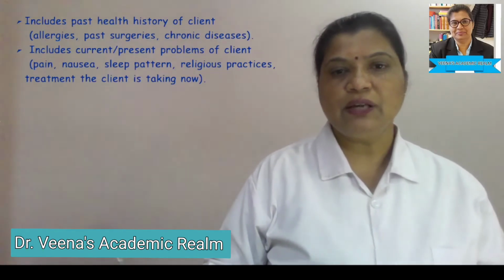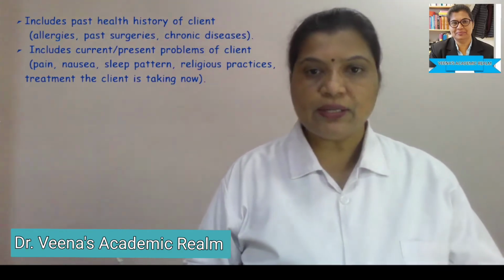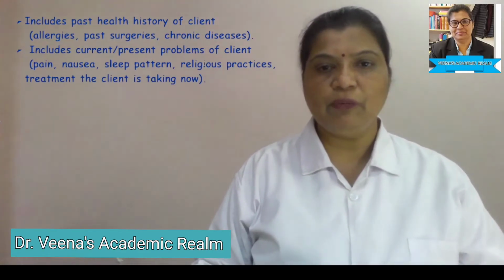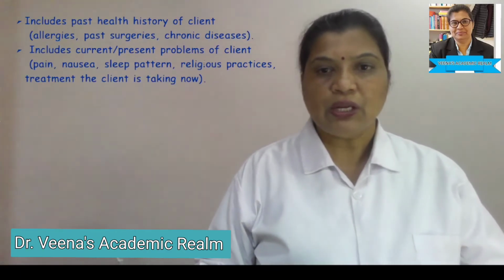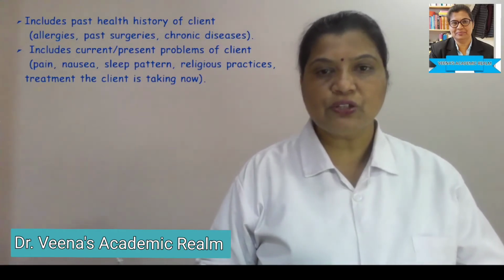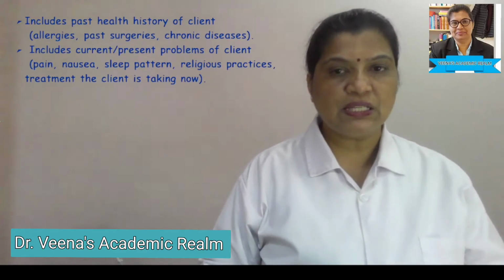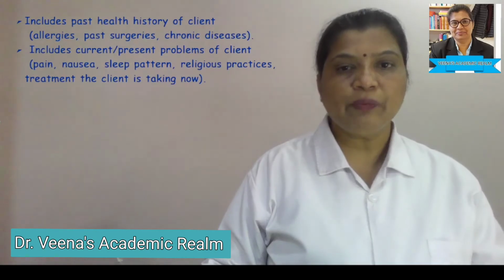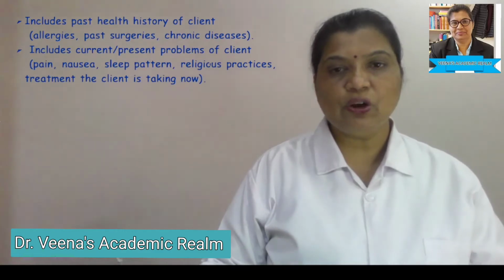Past surgery, if the patient has undergone any surgery, we need to collect the information about it. Then chronic diseases, whether the patient is suffering from any chronic diseases, we need to take the history, whether hypertension, thyroid problem, diabetes, or any blood related disorders, communicable disease. Then this collection of data also includes the current problems of the patient, the present history: when the patient is admitted, what are the signs and symptoms, how frequently the patient is suffering from that sign and symptom, when the onset occurs, what are the related problems, whether the patient has taken any treatment for that particular problem. So that is the current history of the patient.